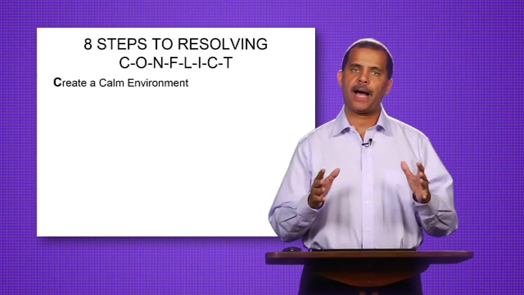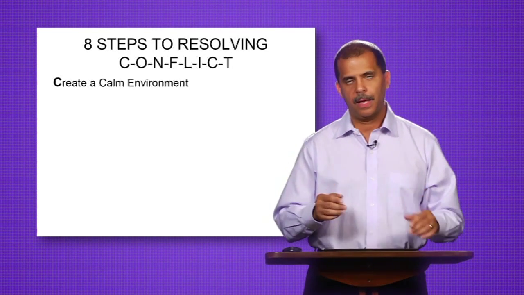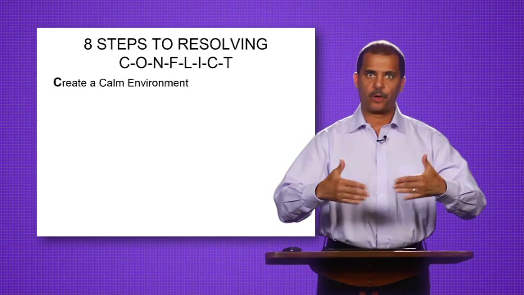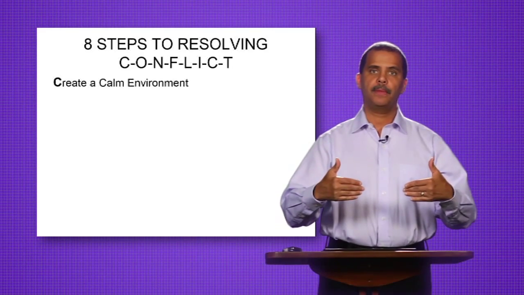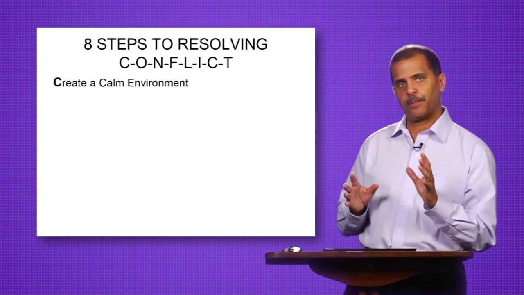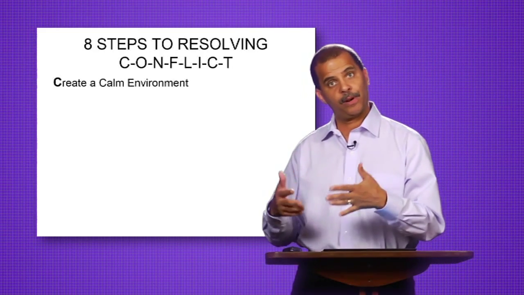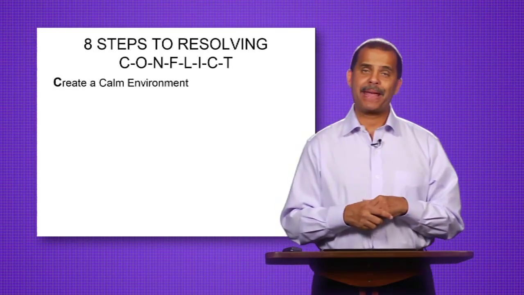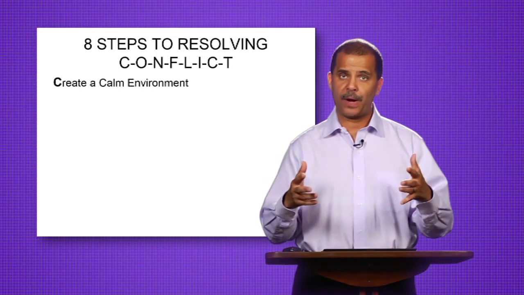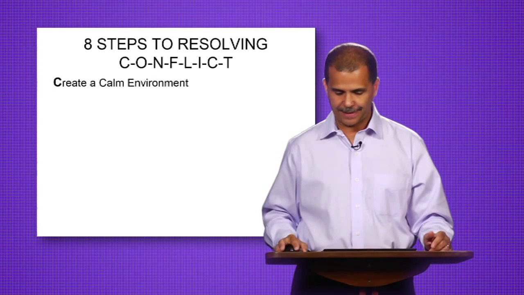You want to create a calm environment for the discussion. But that calm environment is going to depend upon you. Are you centered? Are you grounded? Are you calm? And then you want to introduce it. Now when you introduce it, you want to watch the other person. Are they centered and grounded and calm? So you want to make sure that both of you or one of you is not emotionally hijacked. Because otherwise, you're not going to be able to move forward if that's the case.